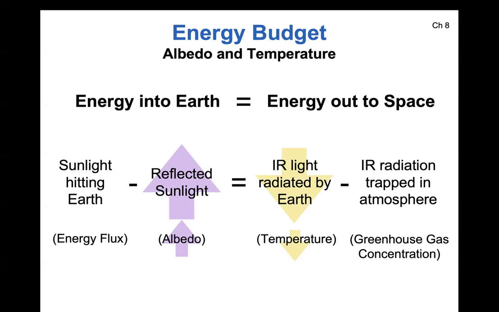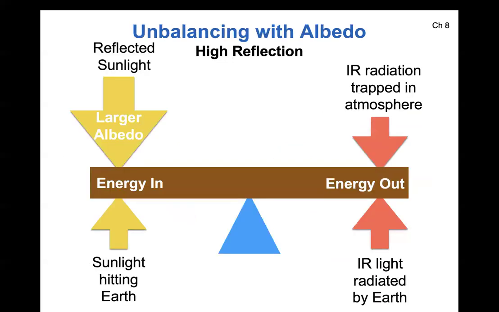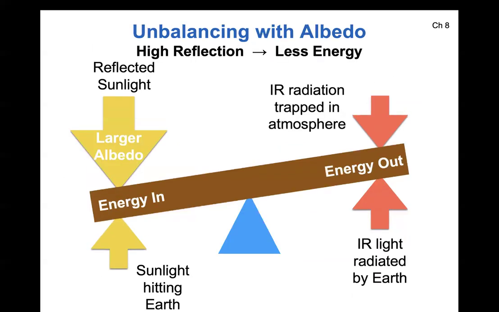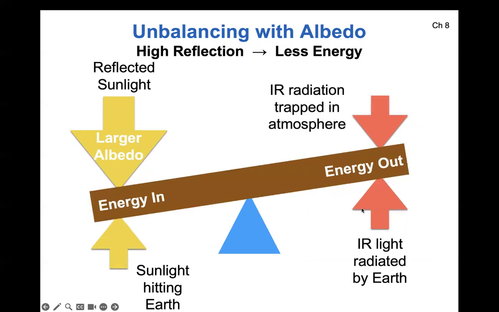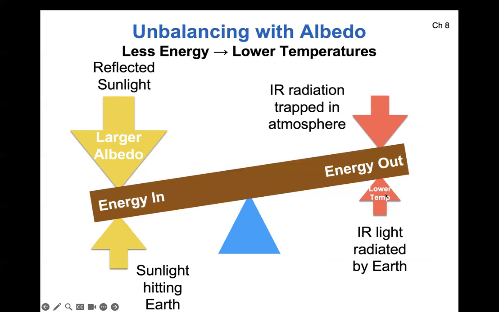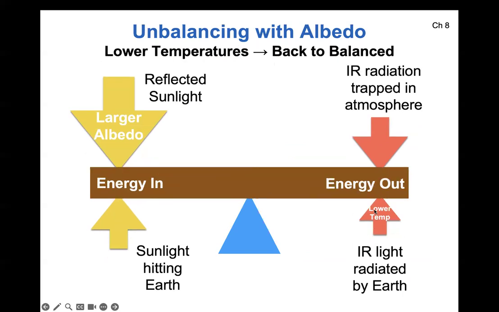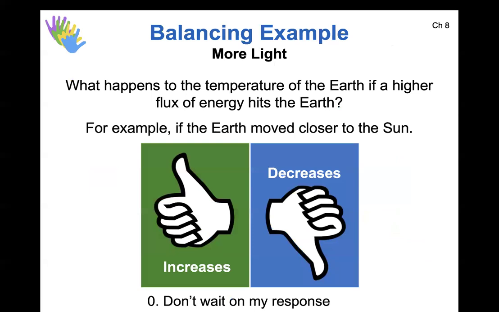If you worry about the temperature increases, which there's reason to worry about, it's at least a possible idea. Okay, and so this is the idea, right? An unbalancing with albedo. So you introduce an unbalance. How do you account for it? Well, you have to decrease this arrow to rebalance.